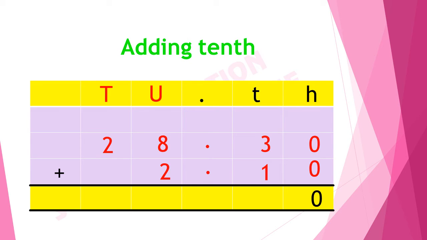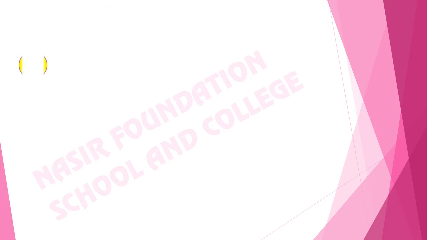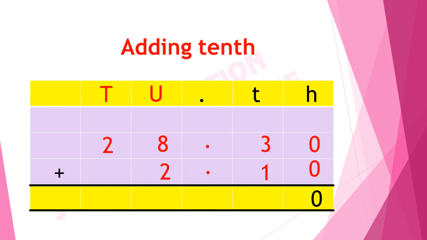Now we will add tenths. Tenths is denoted by small t. And in the tenths column there is 3 and 1. We will add 3 and 1. Let's count the shapes. 1, 2, 3. To 3 we will add 1. It makes 4. If we add 3 and 1 we get 4. We will write 4 in the tenths column. Same place values are written in the same vertical line. And the decimal point must be aligned according to the place value.